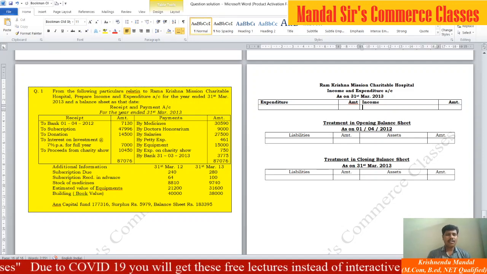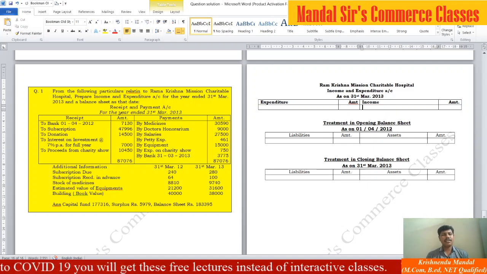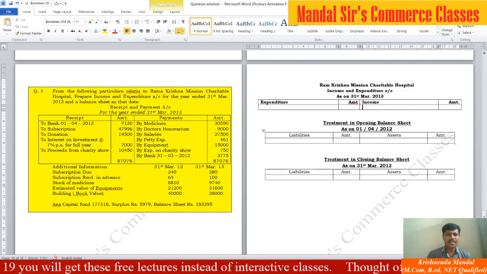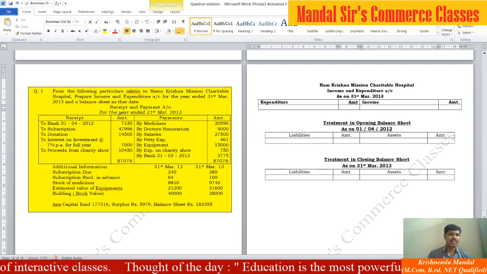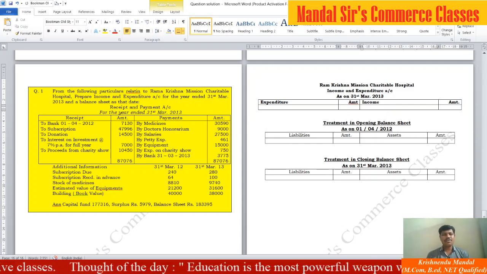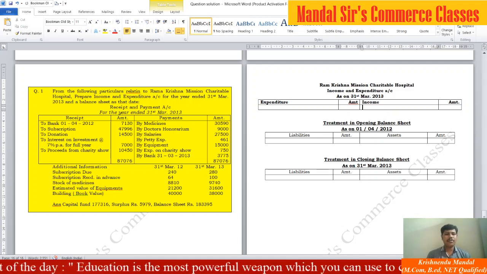First of all, always remember that all the items in the receipt side will enter in the income side, and all the items of the payment will be recorded in the expenditure side. So we will begin from the income side. First of all, the first item is to bank. As usual, I had already told you that do not write the bank, because the bank or the balance brought down always shows the opening cash or bank balance,